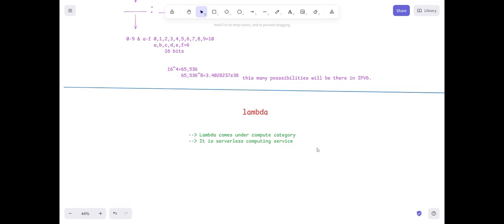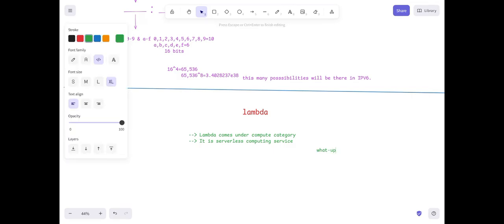Take the WhatsApp application. In the WhatsApp application, there is one feature called changing profile picture.